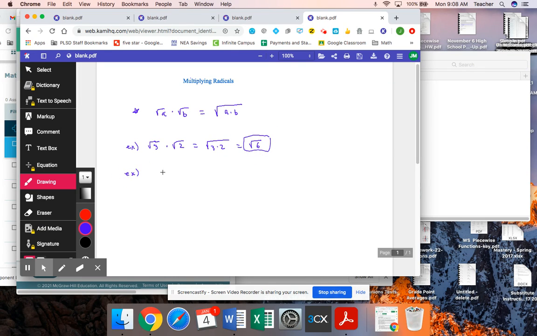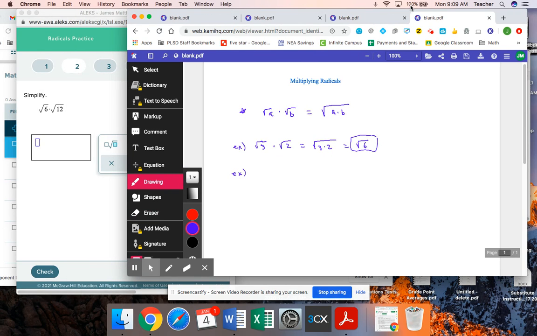All right. What if I did something like the square root of 90? Actually, you know what? Let me not do that. Let me erase that. What if I did one like here? The square root of 6 times the square root of 12. Well, that's really the square root of 6 times 12, or 72,